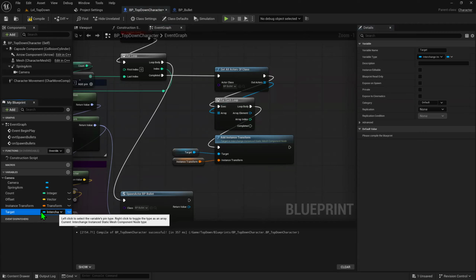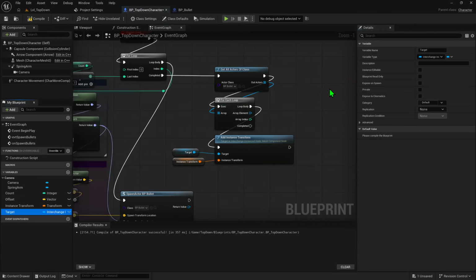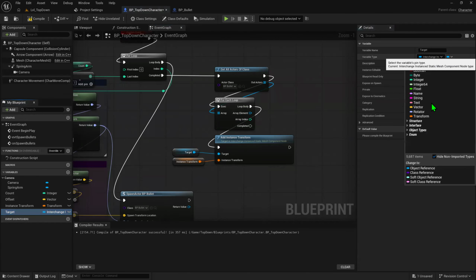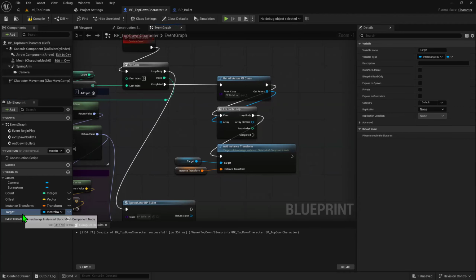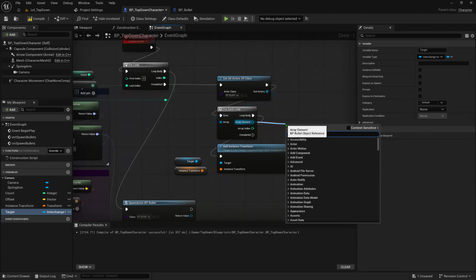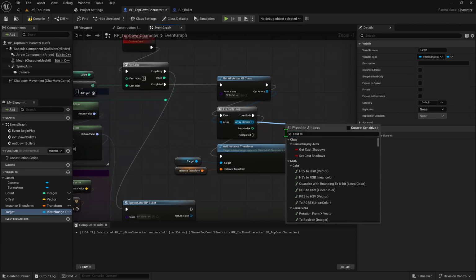This is the object reference, which takes the, that's too bad that it's an object reference of interchange type. So we'd have to create the structure first. Let's see what we can do. Target, instance transform. Yeah, I have to convert that, or assign that to the